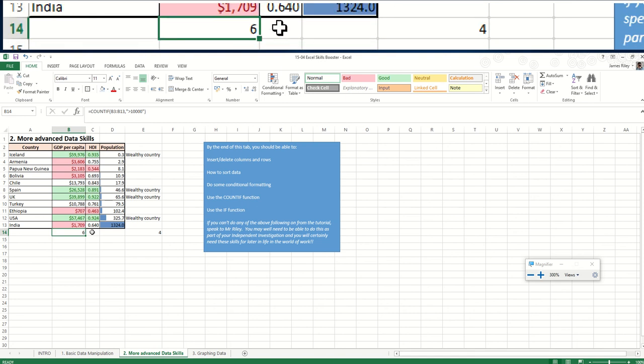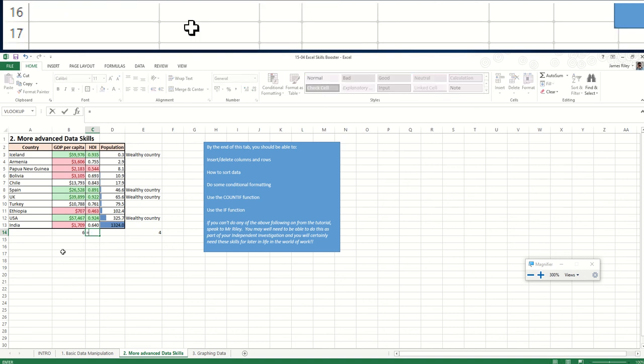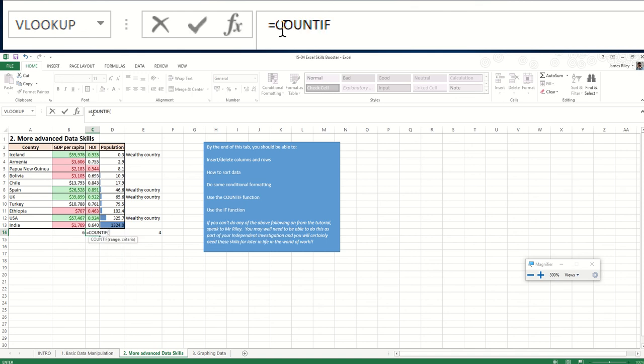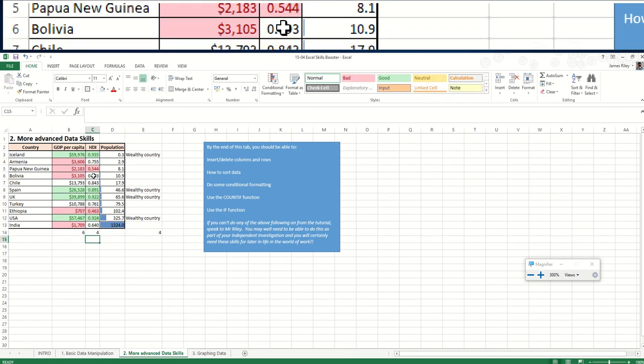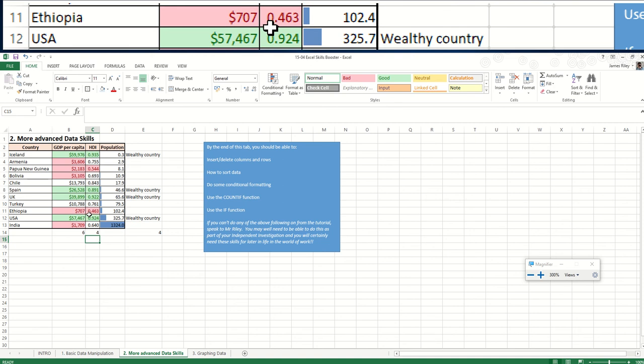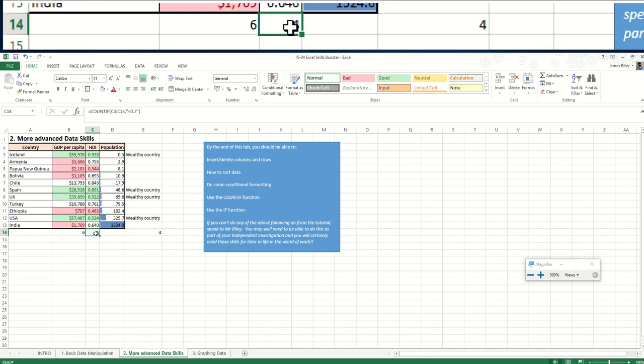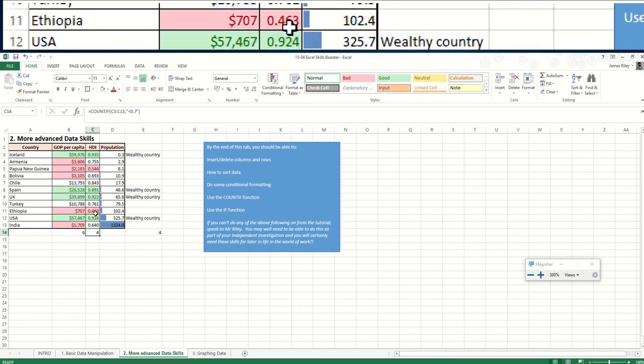So let's try doing that on this one, but for HDIs that are less than 0.7. Equals, look up there, so equals countif, then my range, C3 colon C13, comma, quotes, so we're going for, what do we say, we're going for less than 0.7. Quotes, close brackets, bingo. So 4 countries, Papua New Guinea, Bolivia, Ethiopia, and India. Now you might say that's a complicated way of doing something that you could scan your eyes over very quickly, but had you got a monstrously big data set, or all 200 of the world's countries, this suddenly becomes a lot